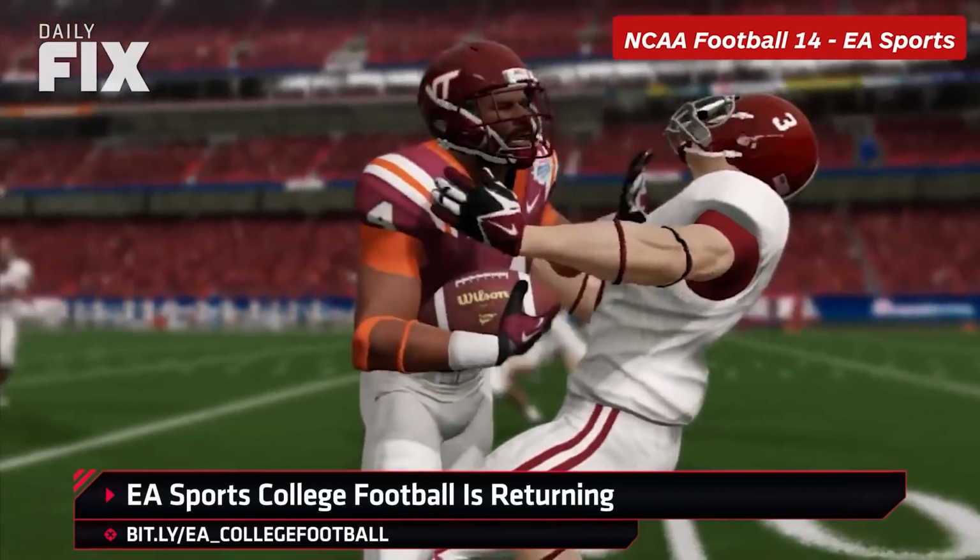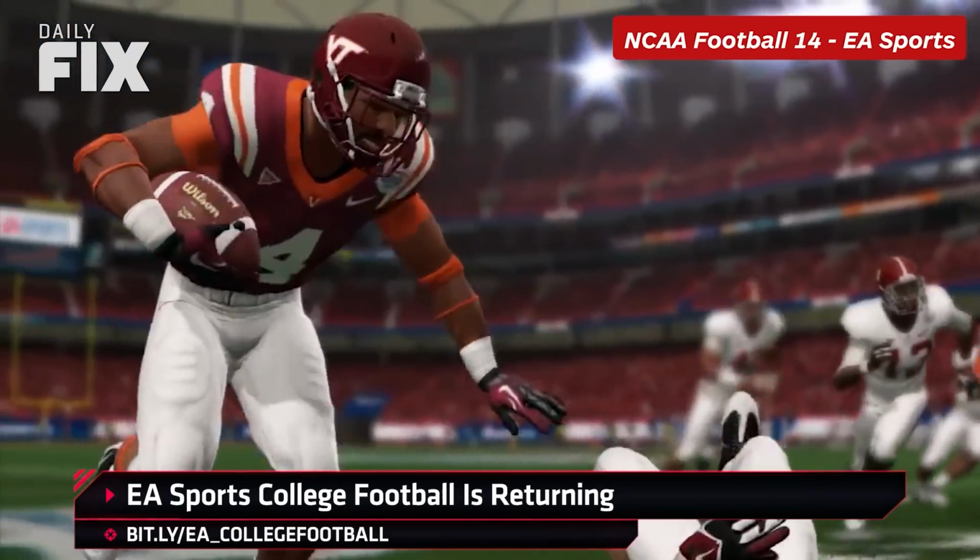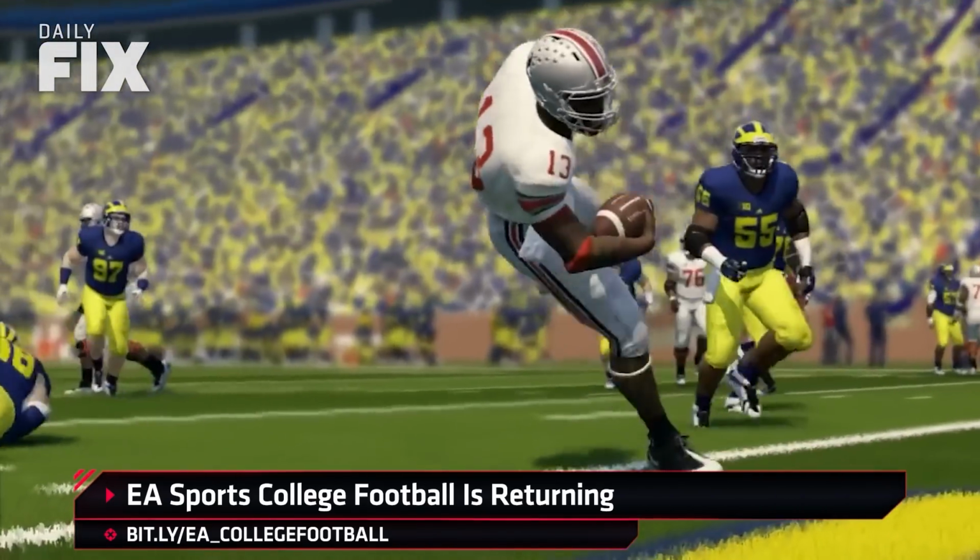If you're a youngin' and didn't get to experience the wonders of any of the NCAA football games, let me tell you. If you're familiar with Madden, it's a similar vibe as far as football simulations go, but then there's Dynasty mode where you would basically be in charge of a program and even have to recruit players. And of course, there was the Heisman Trophy and bowl games and fight songs and all that jazz. I probably sunk days into NCAA Football 07. Honestly, if EA just keeps what they left off with in 14, their last game before putting a hold on the series, and update the graphics,